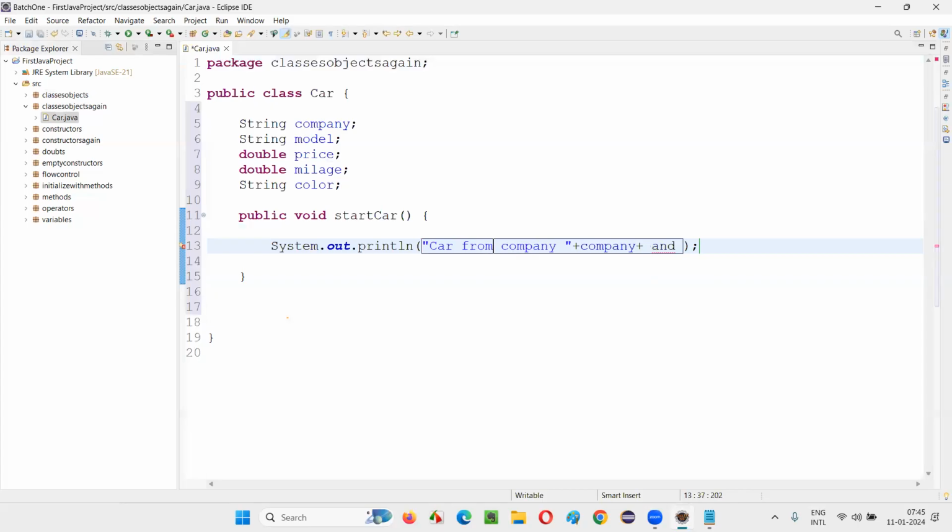Car from company and having model, which model, plus this model has started.